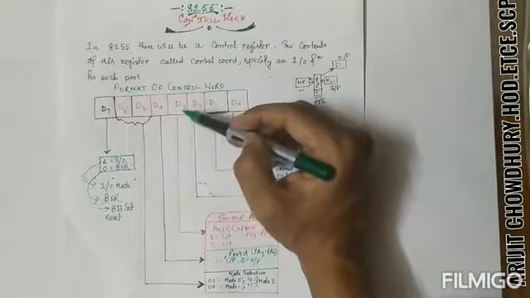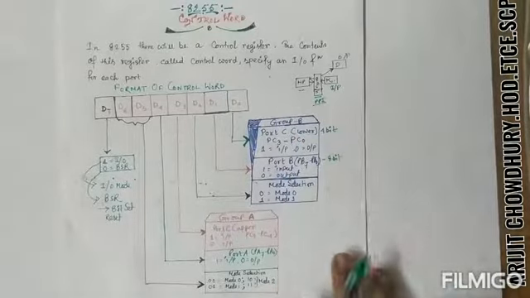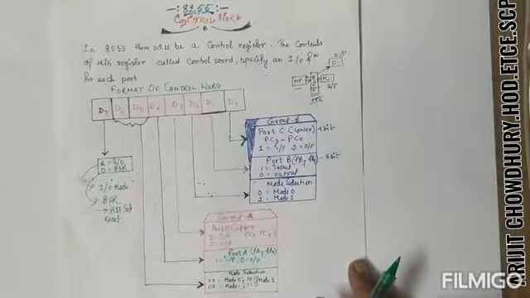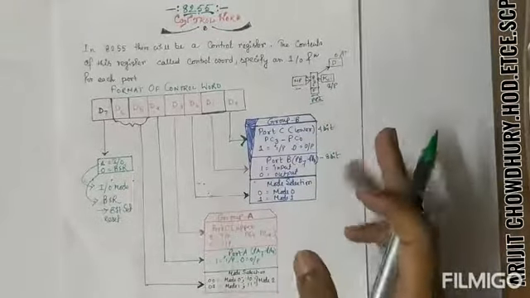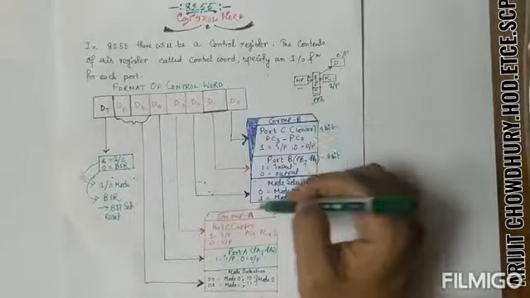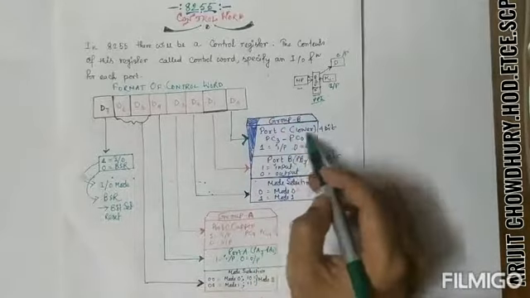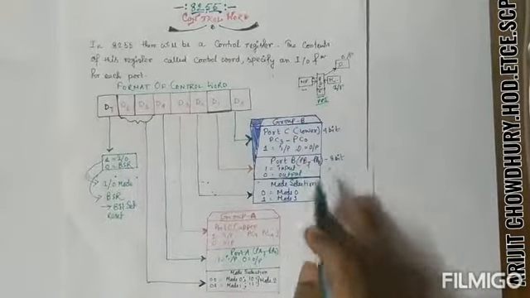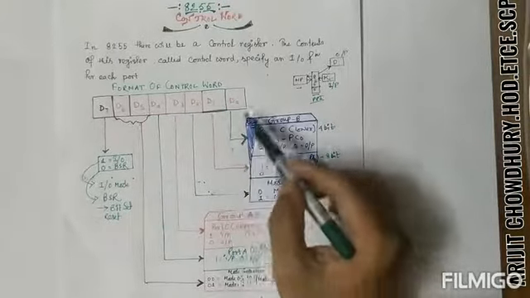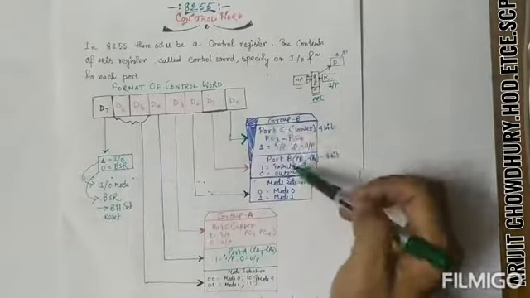Next, D3. This portion is group B. Actually, in the architecture of the 8255, the architecture is divided into two parts, group A and group B. Group B includes port C lower, port B, and the mode selection, D0, D1, D2. The arrow indicates the group B function.